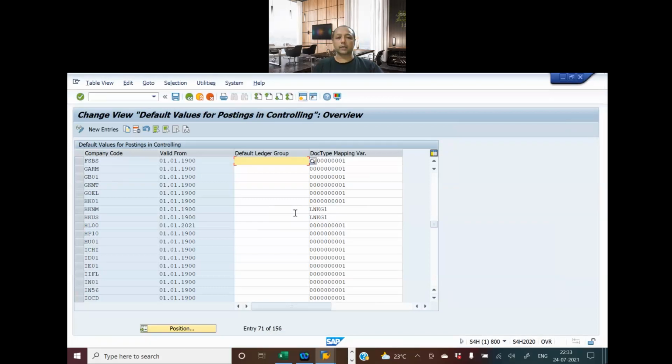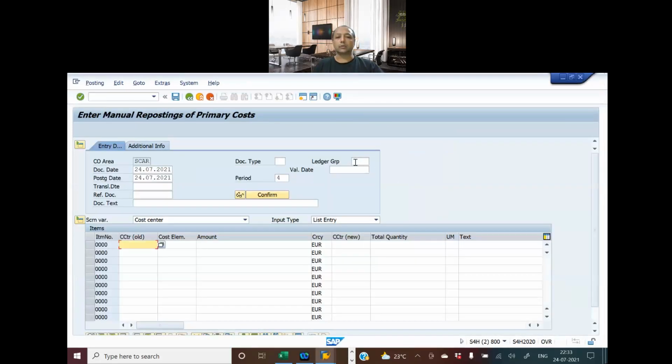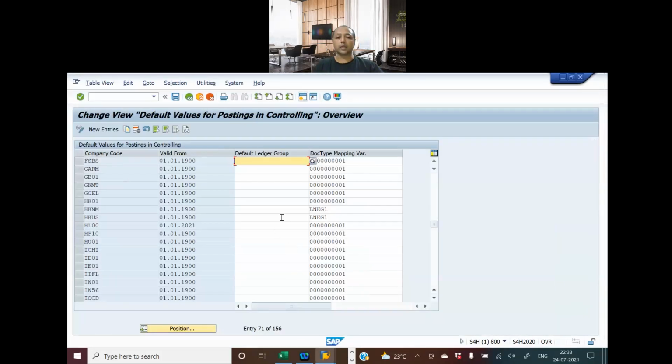You don't want to restrict the values, and in that case, if the user is unable to maintain this, then it would be copied across all the ledger groups, and that is the business requirement of the current practice that we are following. But again, it all depends upon the business requirement given to the consultant, and accordingly you will be doing the configuration. So what I'm going to do is save this,